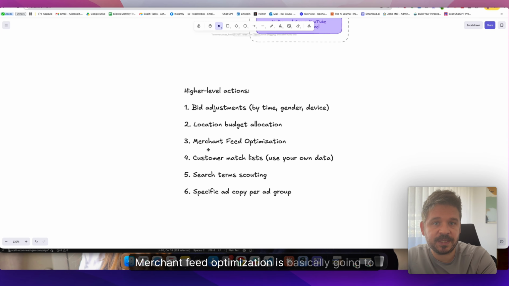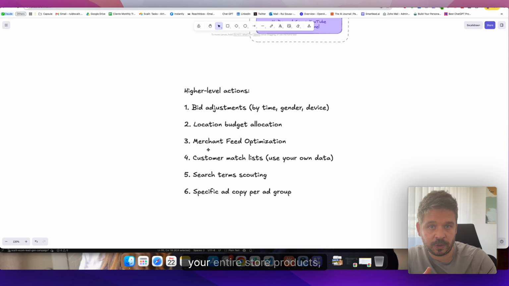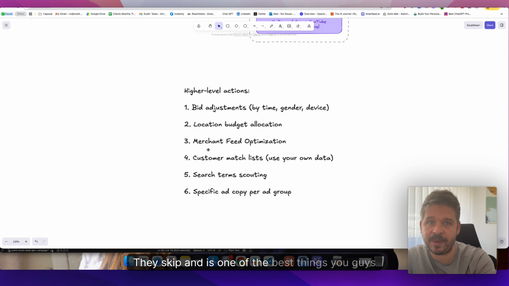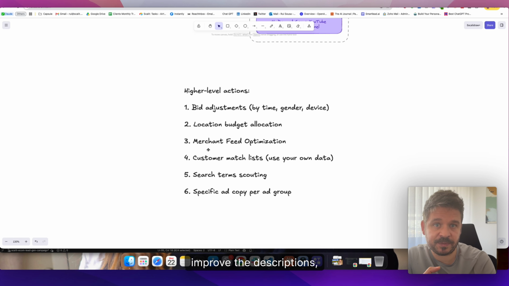Merchant feed optimization is basically going to the feed that connects the shopping products, so your entire store products, with Google, and we do a lot of optimization. A lot of people don't do this, they skip, and it's one of the best things you guys can do to improve your results, which is basically improve the titles of your products, improve the descriptions, improve the images, improve the tags,